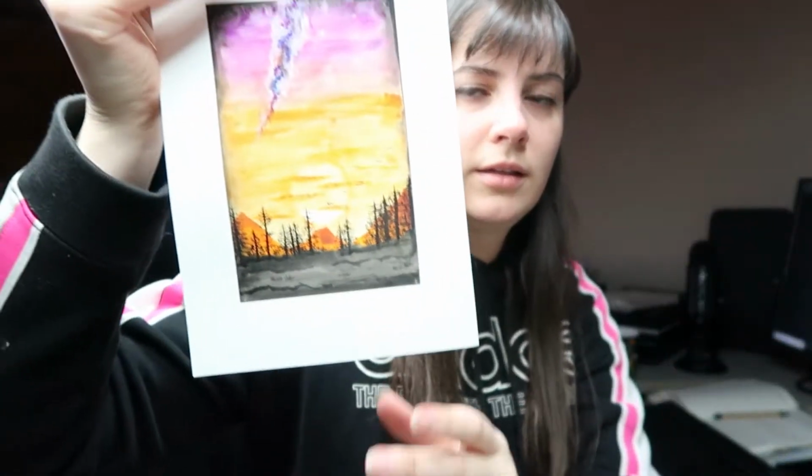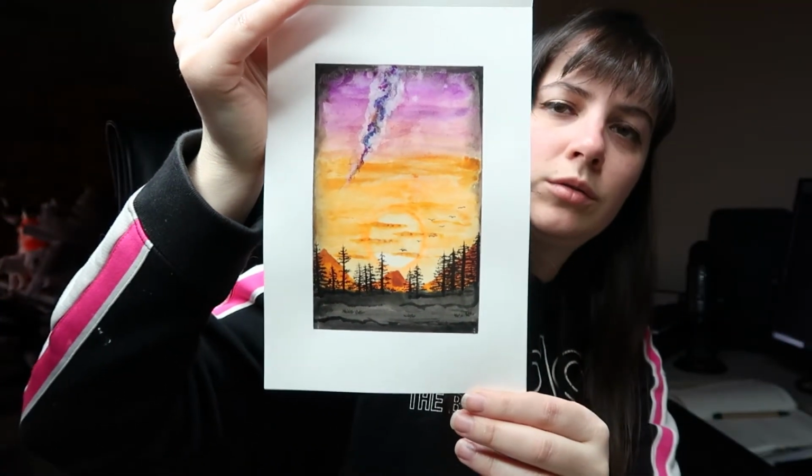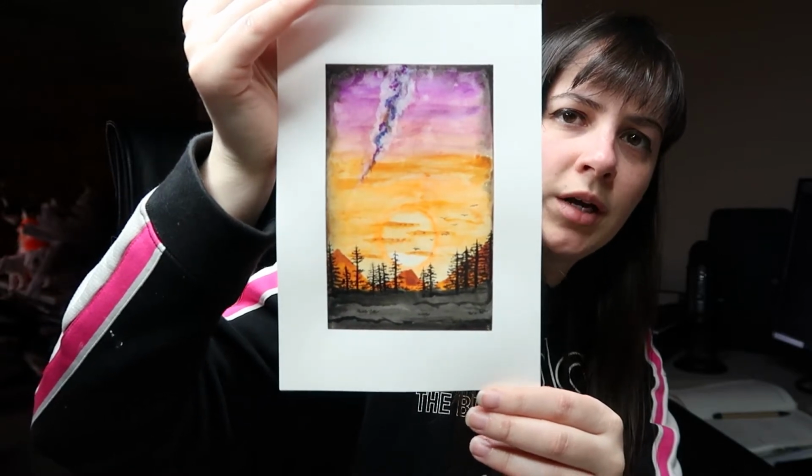I do want to do another watercolor, another sunset watercolor for the pad that I'm working on. If you didn't see the last one that I did in my last vlog, well, the last two, I did the sort of muted little sunset with the mountains and pine trees, and that one's going to be this month's Patreon printable, and then the original will go up in my shop